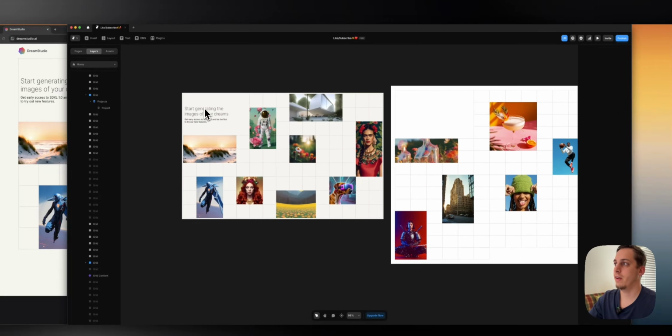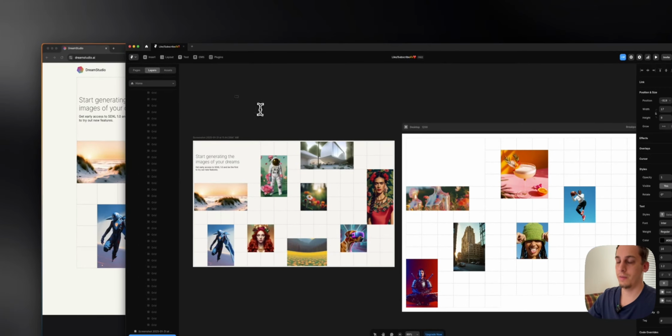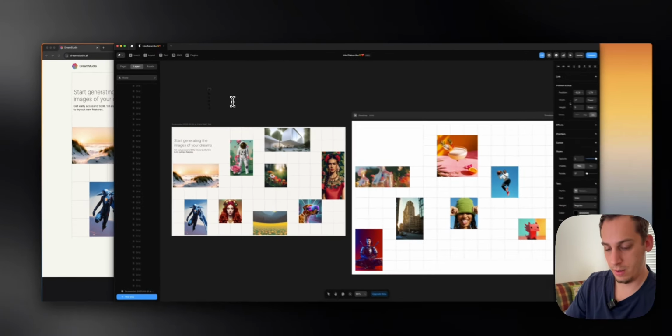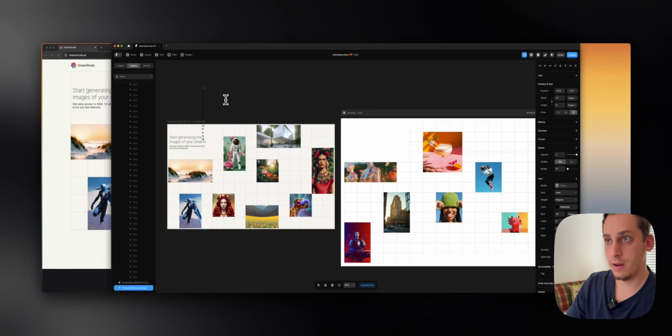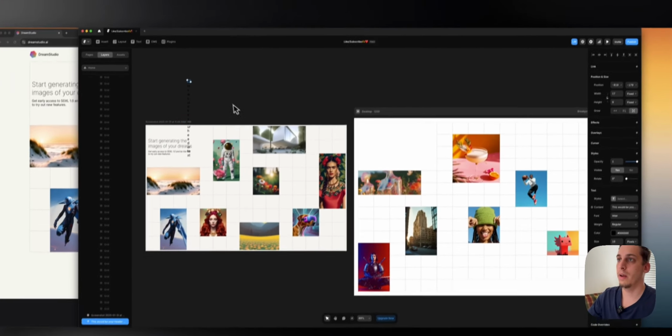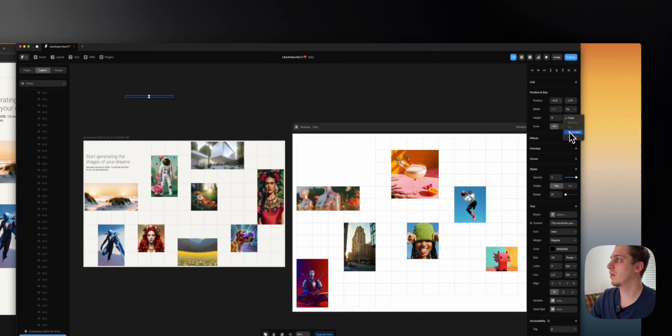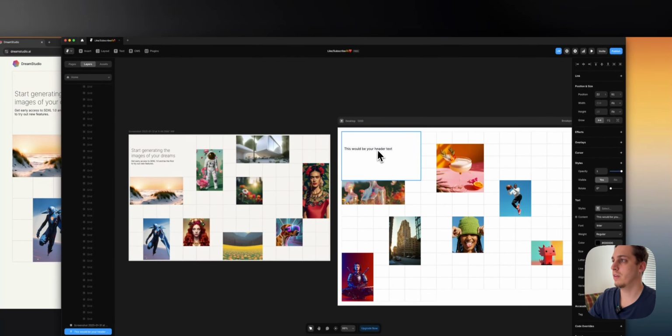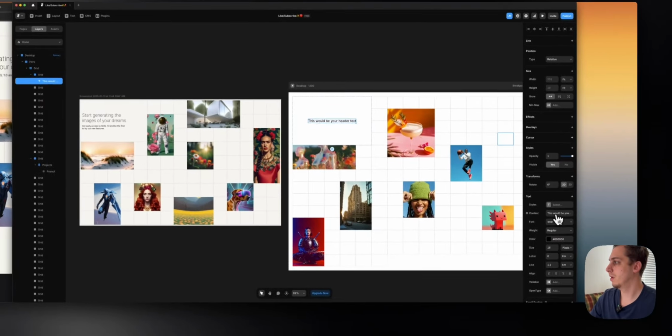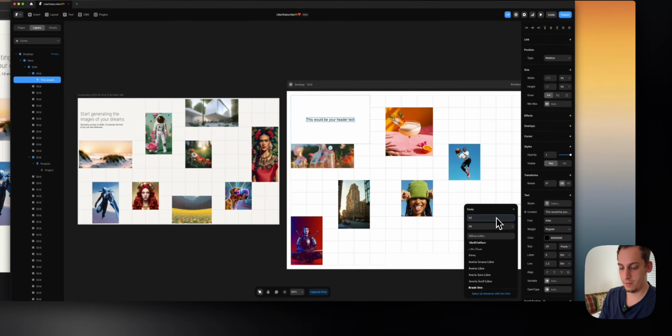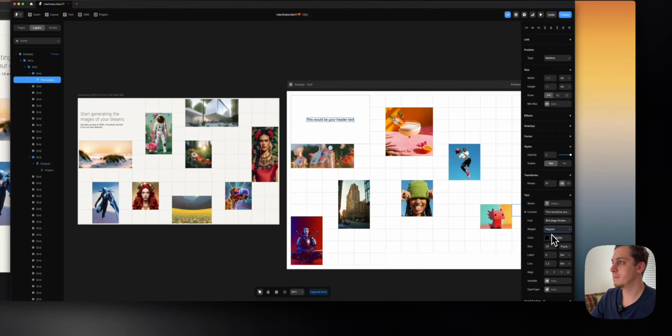So now let's just add this text. So we have this text. We can put, this would be your header text. And let's get the pen tool and make sure that this is fitting the content. And let's put this in here. And we can select some type of font. And then we can duplicate this, put this regular, set this to